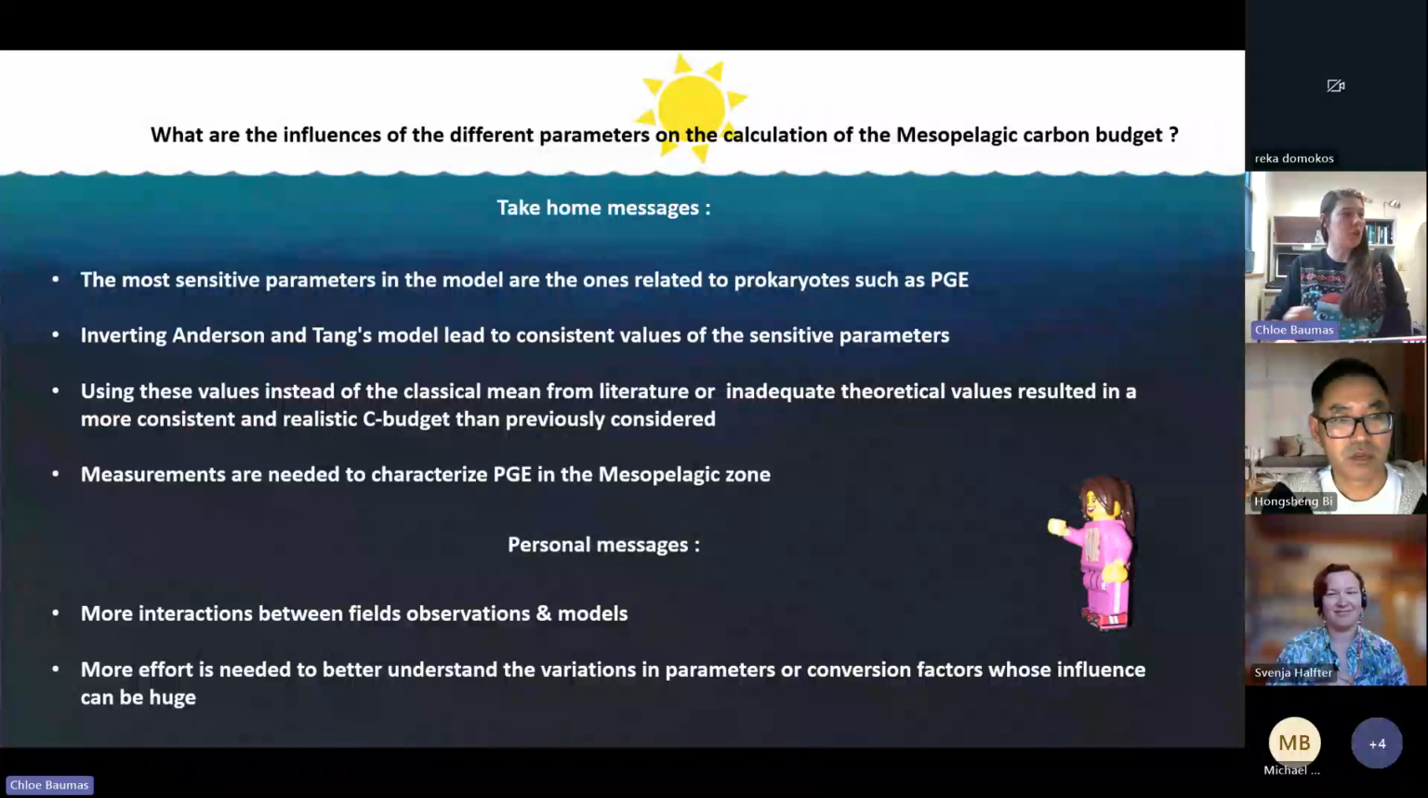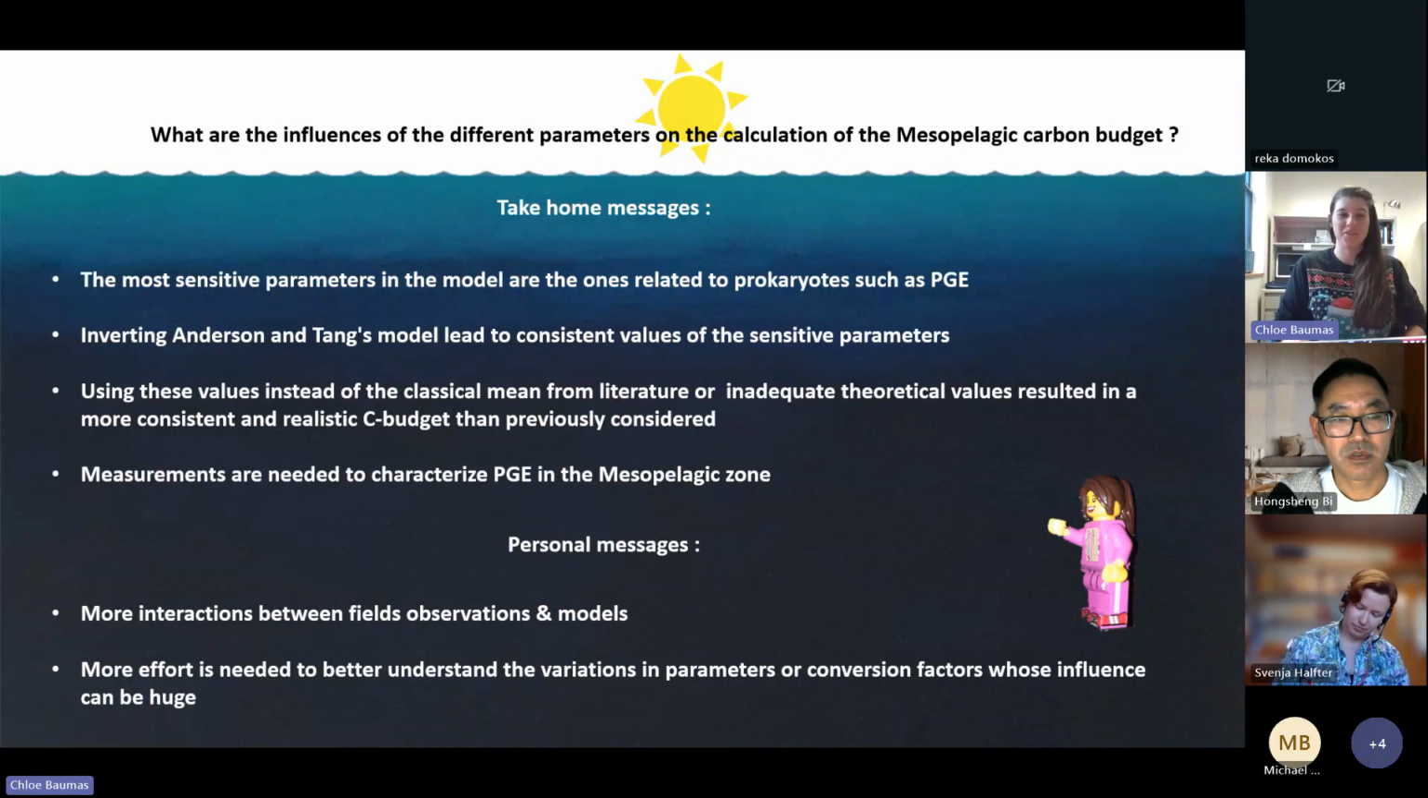And to conclude from the paper, we demonstrate that the most sensitive parameters in the model are the ones related to prokaryotes, such as PGE, so prokaryotes are important. Inverting Anderson and Tang's model leads to consistent values of the parameters, and using these values instead of the classical mean from literature or inadequate theoretical value results in a more consistent and realistic carbon budget than previously